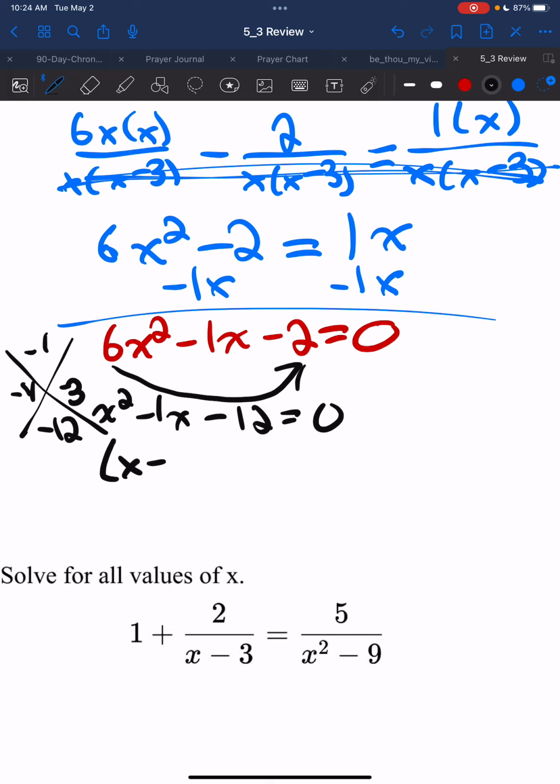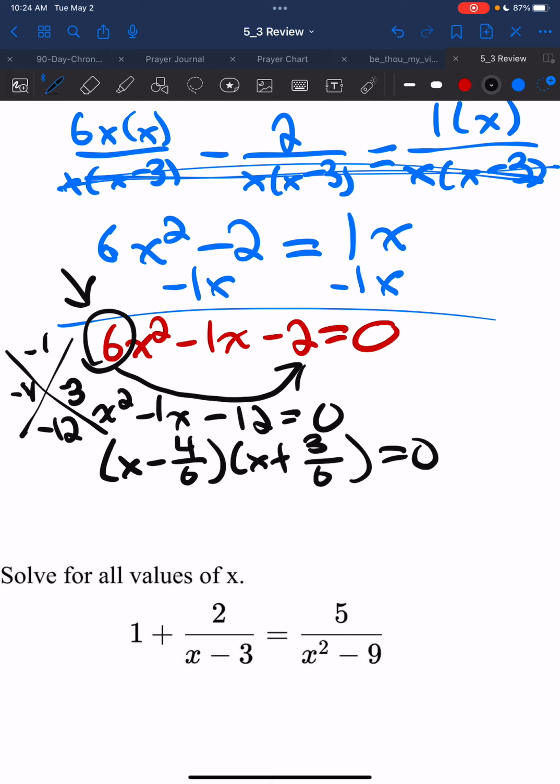So I'm going to write x minus 4 over 6, because that's what I slid by right here. Remember, what you slide by is what you divide by. You can slide and divide. And then here I'm going to have x plus 3 over 6, okay? The next step is to simplify the fractions as much as possible. So x minus 2/3, 4 over 6 becomes 2/3. And then x plus 1/2,